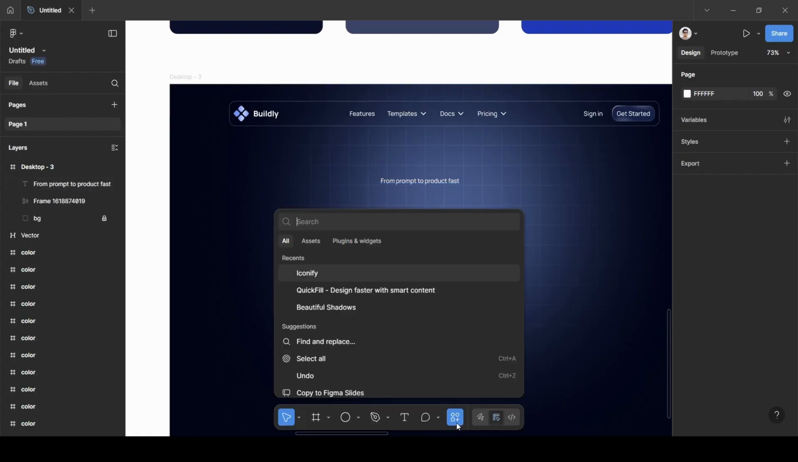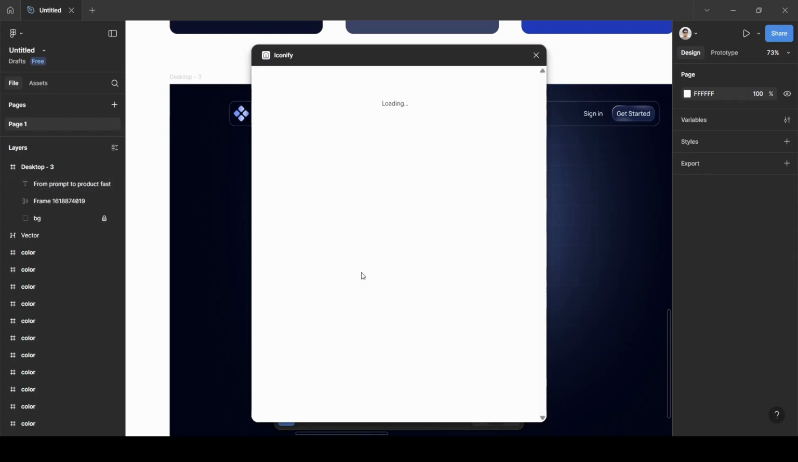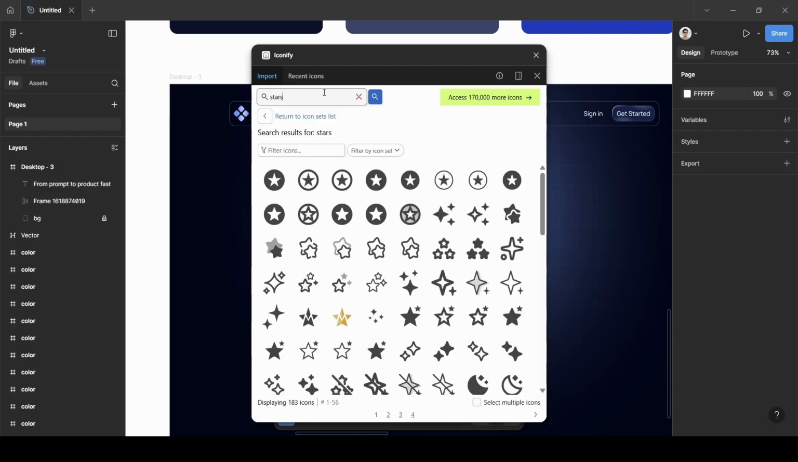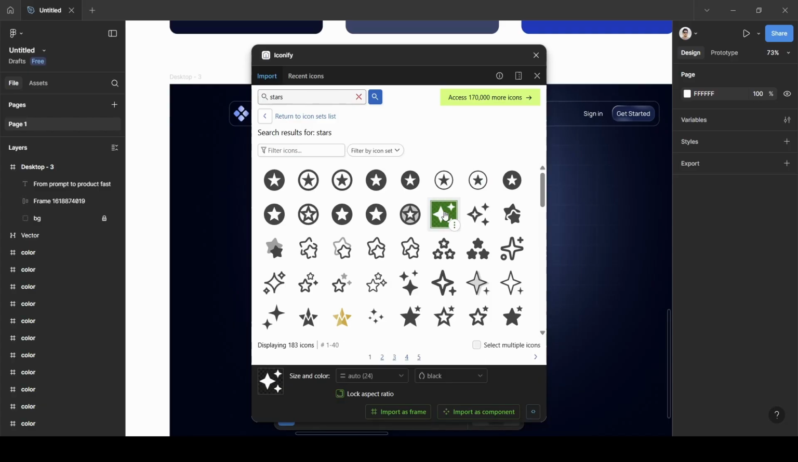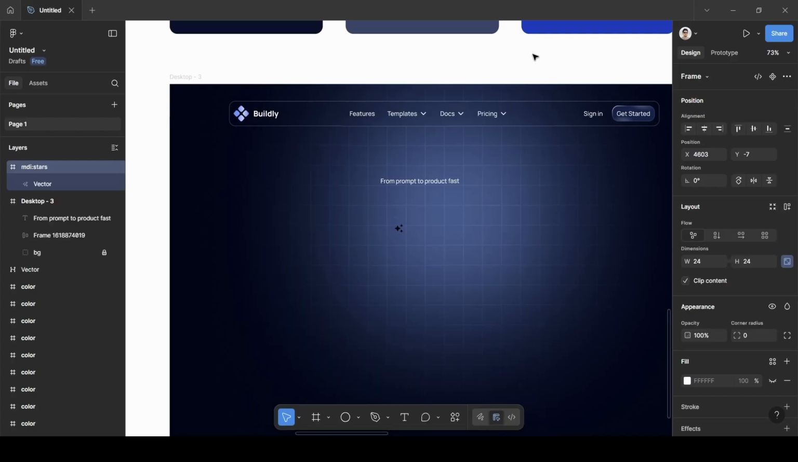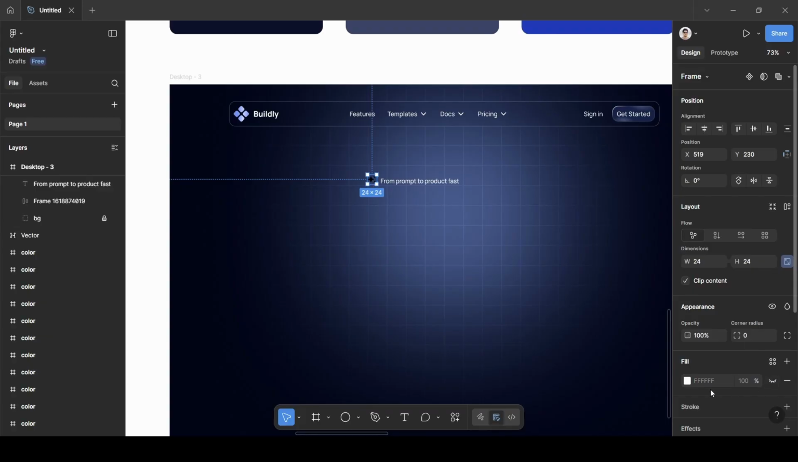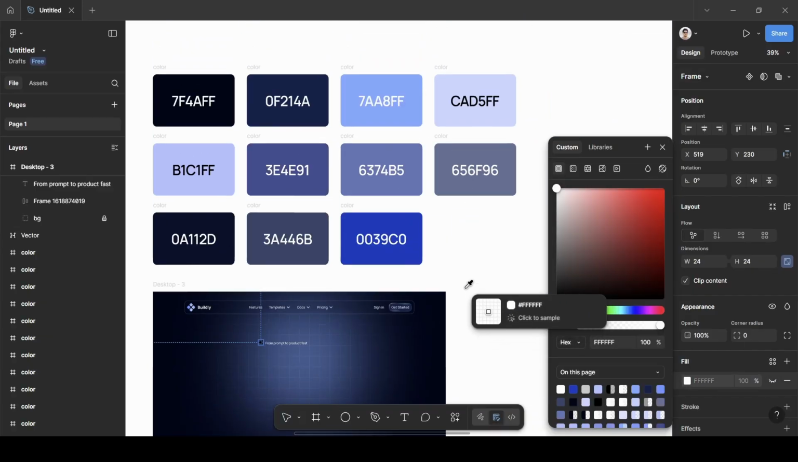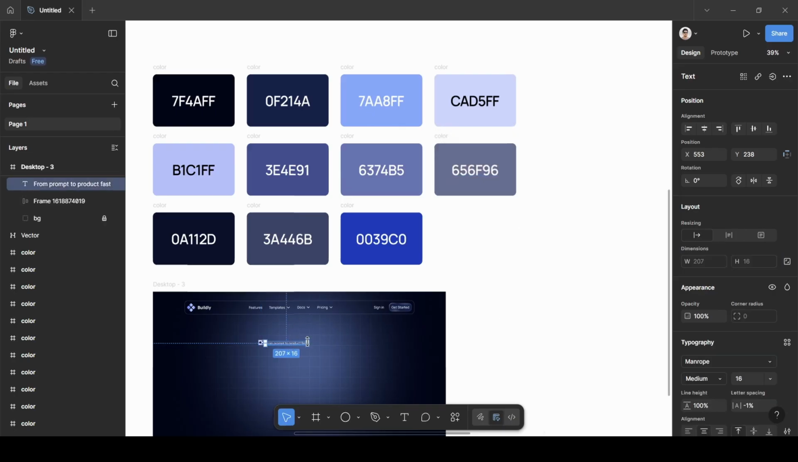Okay, that's right. And let's add an icon there. So we are going to our plugin Iconify, and we will search there stars, and we are going to use this one. Okay, let's import it, and it is there. It is outside. Let's put it back into our main frame, and let's color it as well. So they both will have this color. Okay, and text will also be this color,